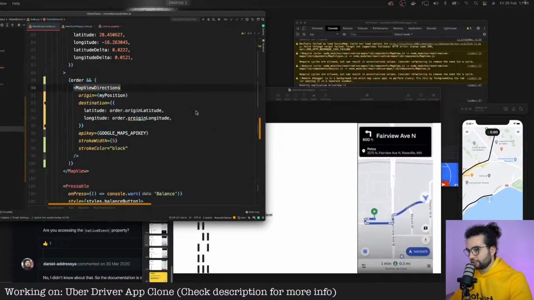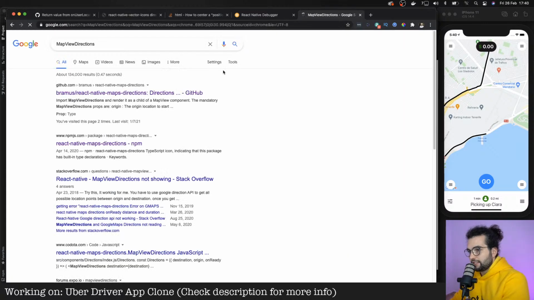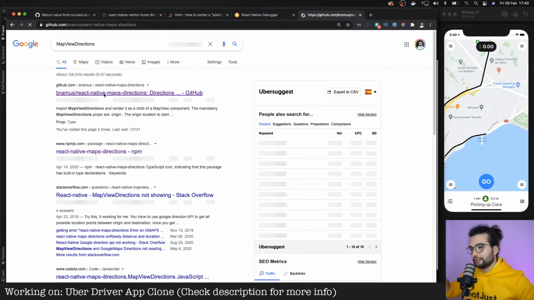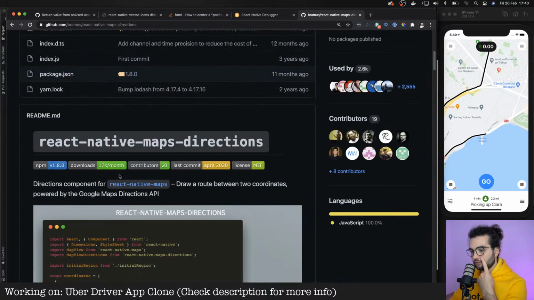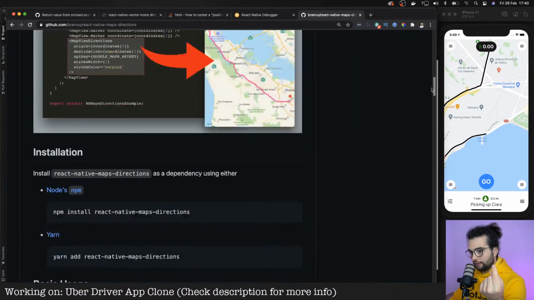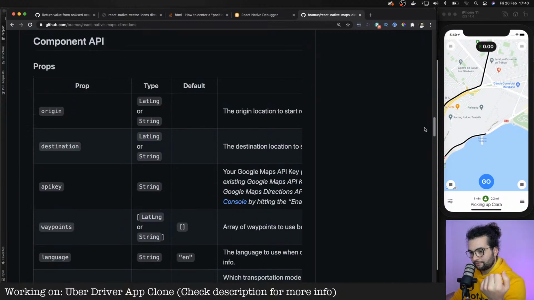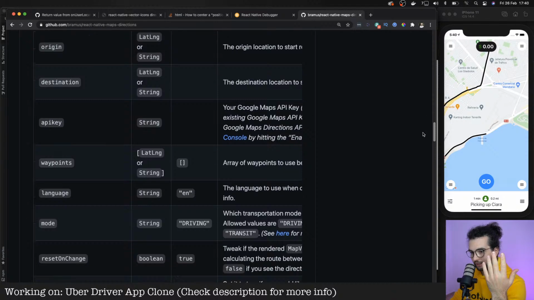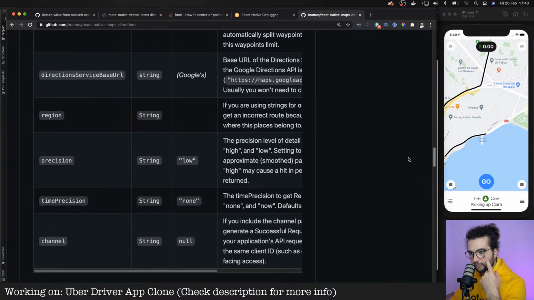Map view direction. I think there is something interesting from this library to take as well, like the time, yeah, the time and the duration. Come on. And distance. Come on. Yeah. So there should be on ready. Yes,